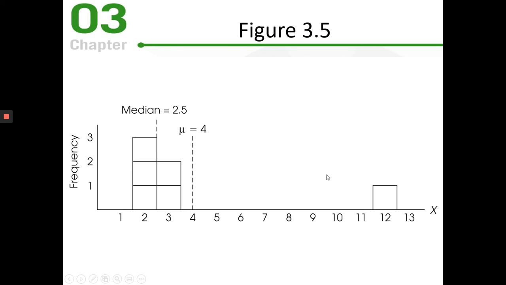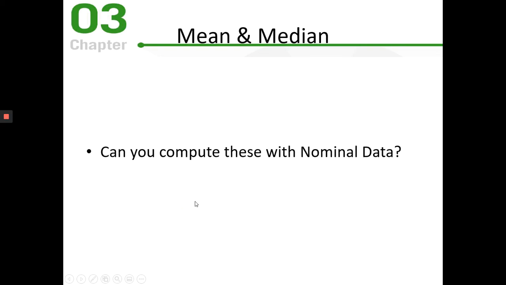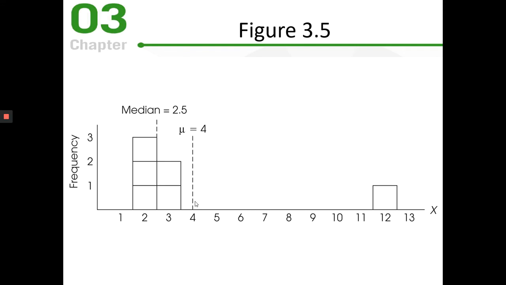However, the mean gets pulled way over. So you see the mean here is 4 because it's defined by distance. There's one way over here, so we have to go this way a lot to make sure the distances are minimized in terms of the average. So extreme scores pull the mean towards them. There's an extreme score here. It pulled the mean towards that 12. It's not pulled way over, but it pulls it to 4, which is quite extreme compared to 2.5 as a median. So that's one principle: means are pulled towards extreme scores, and medians